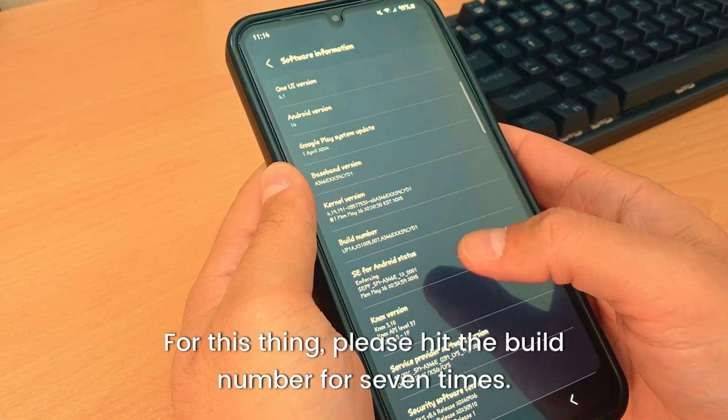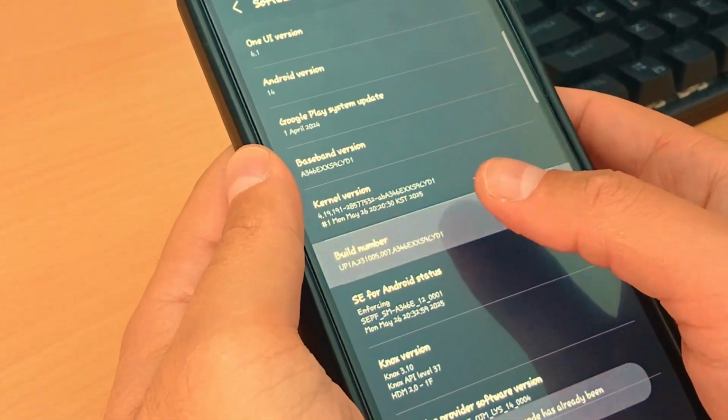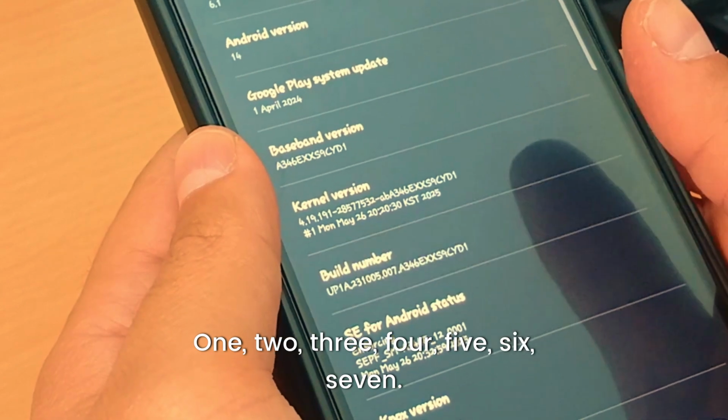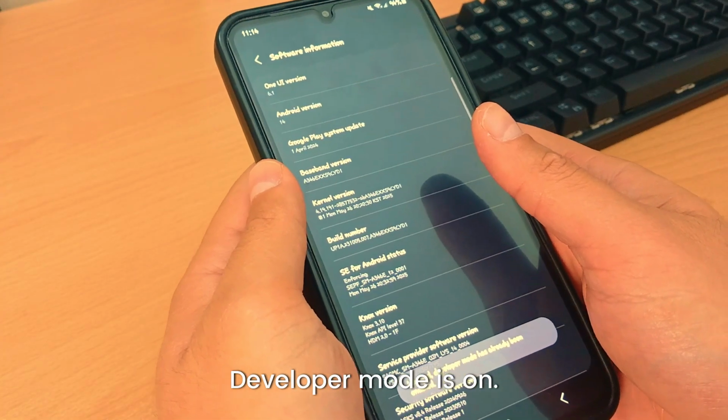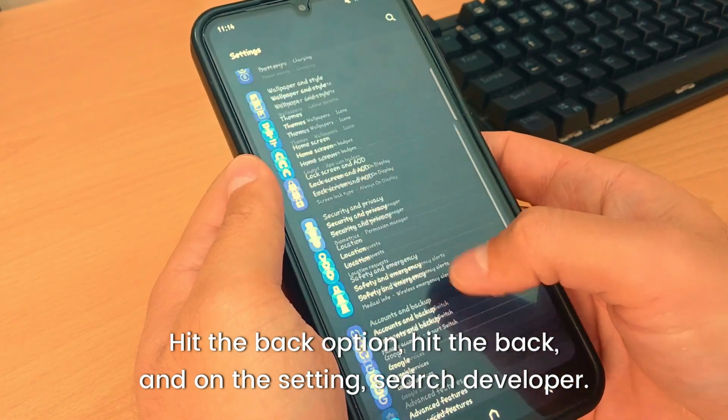For this thing, please hit the build number for 7 times. 1, 2, 3, 4, 5, 6, 7. Developer mode is on. Hit the back option, hit the back, and on the setting,